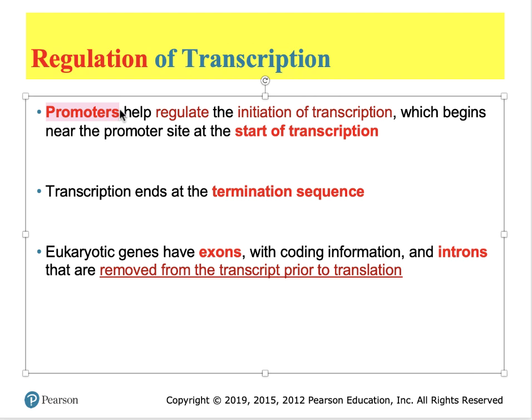Sometimes the promoter speeds up, other times the promoter becomes more silent. And that depends on the conditions in which the cell finds itself. And then when the transcription machine gets to the end of that gene, it needs to be able to identify when not to go any further, and that's called the termination region. And the termination region, again, is a sequence on the DNA that tells that machine, stop here, don't go any